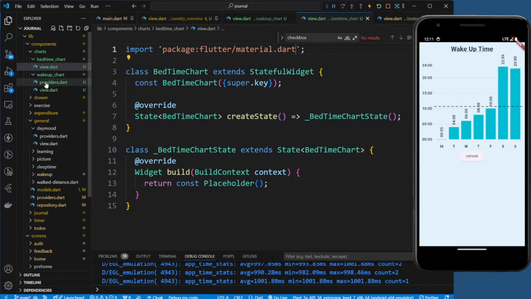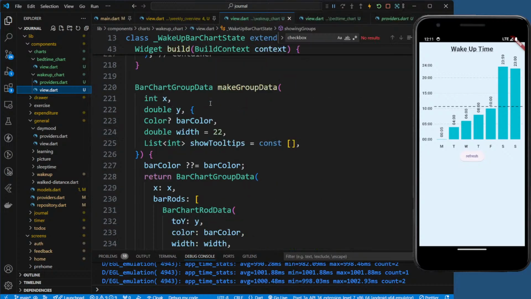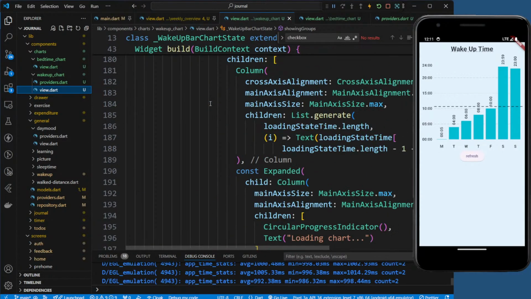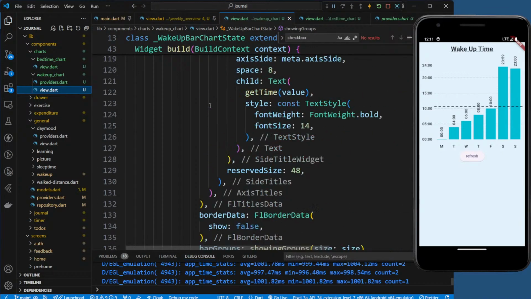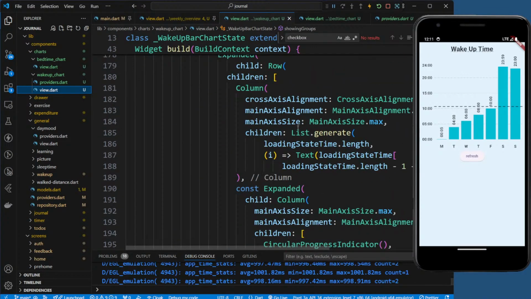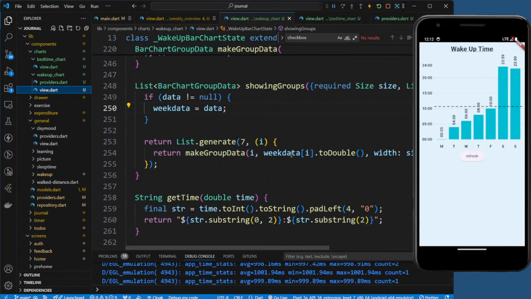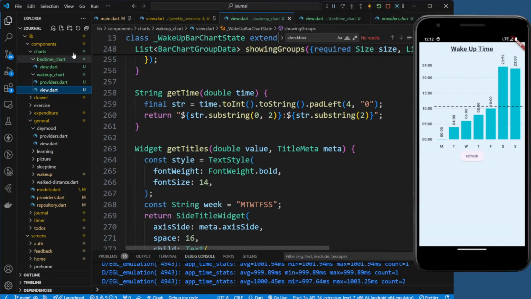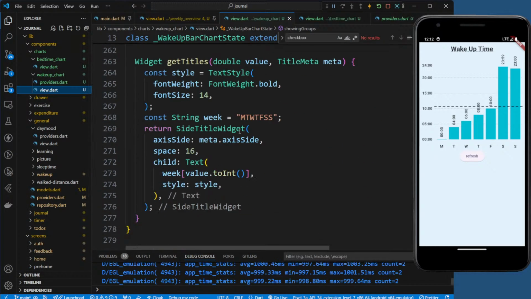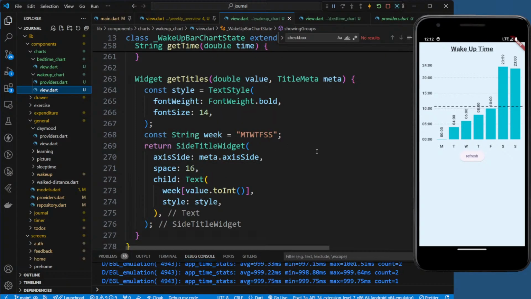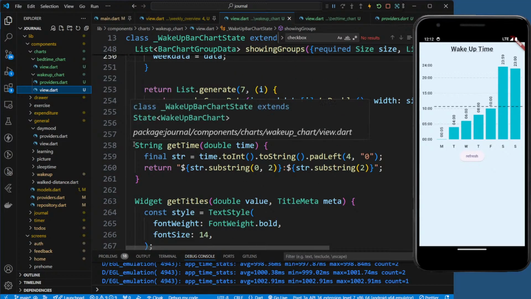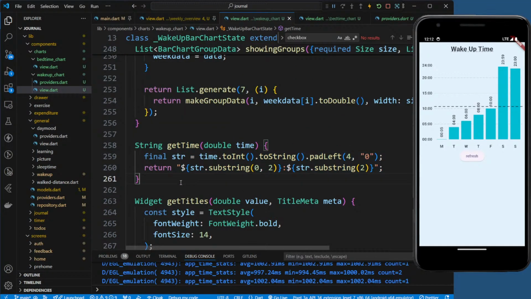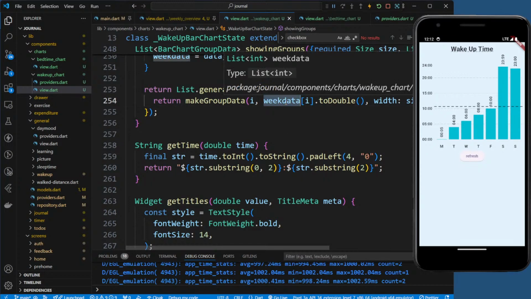So here also we'll use the same thing as this. Okay, we'll use the bar chart only. We'll need to make a little bit of modification. I think we can use the same thing, like the same data. We don't need to change it for bedtime and wake up. Only the thing that will change is this timing and the data that you get,